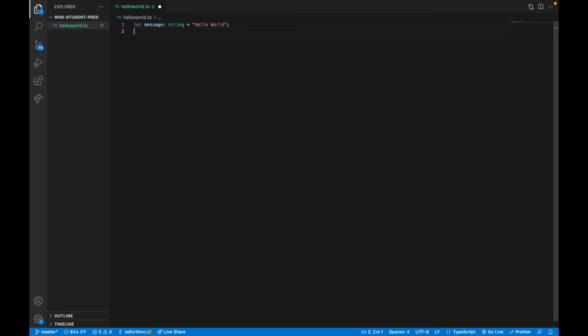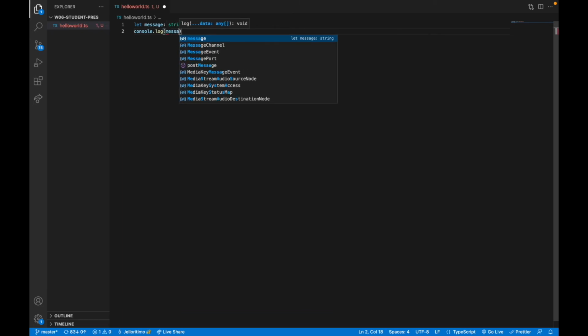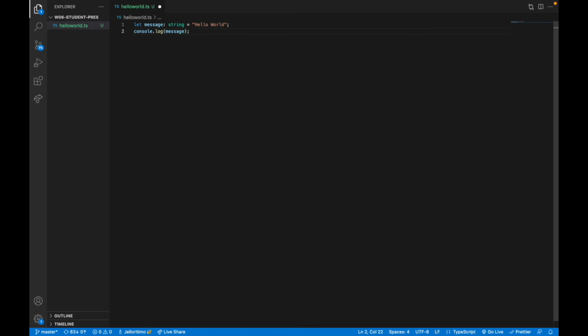And since we have to display that to the terminal, we're going to put in console.log, parentheses, message, which is hello world, and that's all. So in order for this to work,